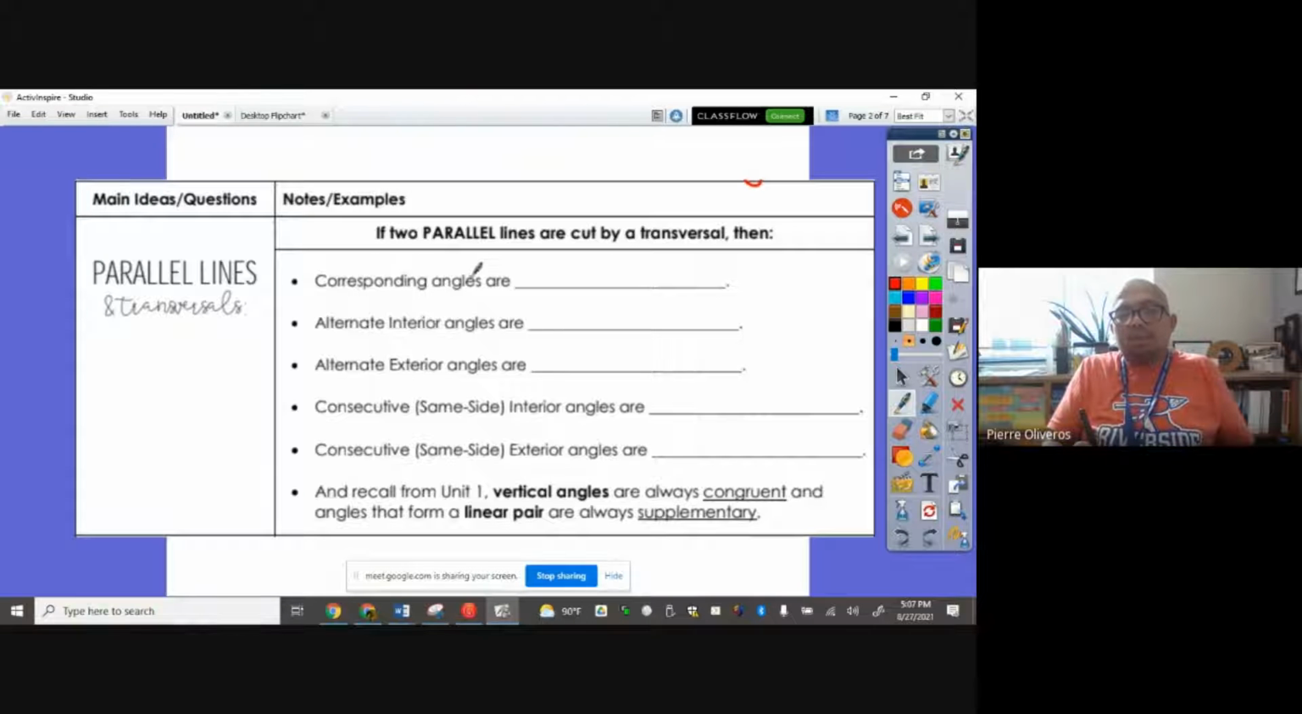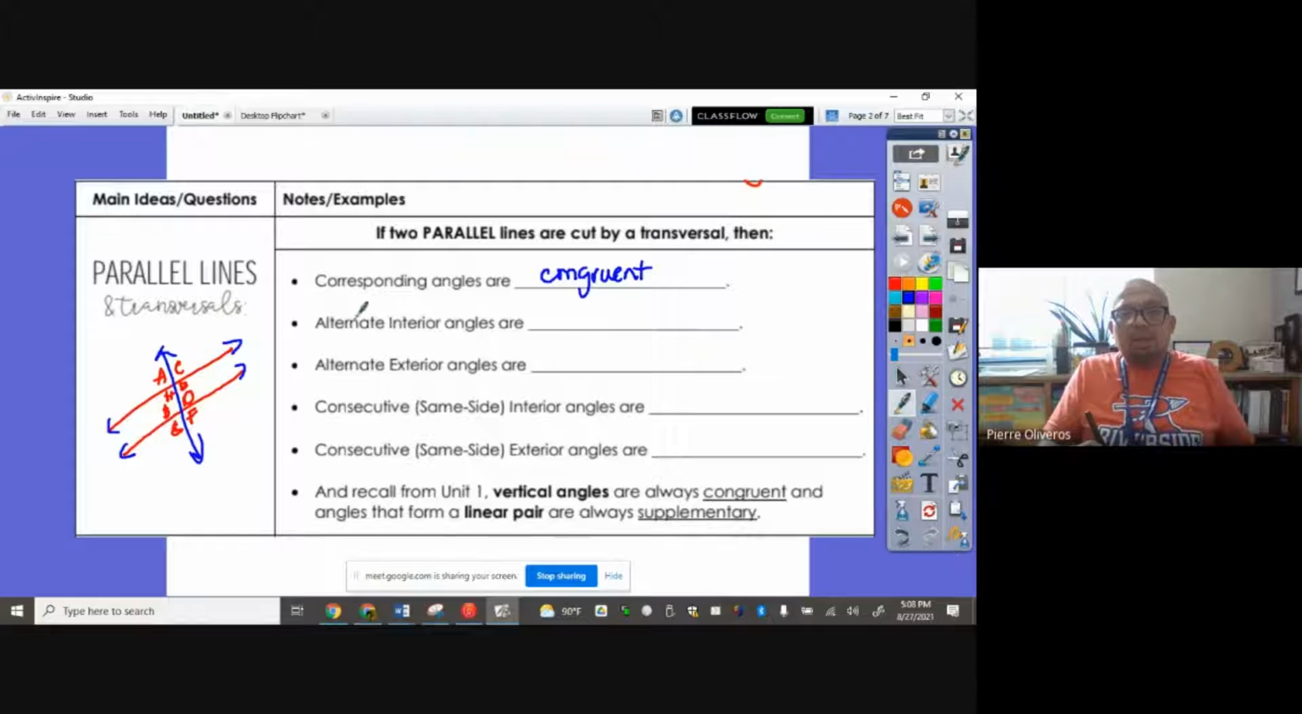So corresponding angles, if two parallel lines are cut by a transversal. For example, I have two parallel lines here with arrows, and they are cut by a transversal. My corresponding angles, let's say A and B are corresponding, C and D are corresponding, E and F are corresponding, G and H are corresponding. So what do you think will happen? If they are corresponding angles, they are congruent or equal